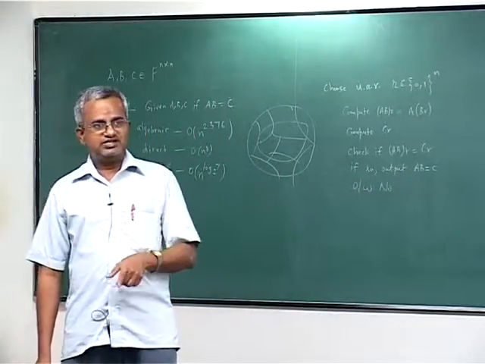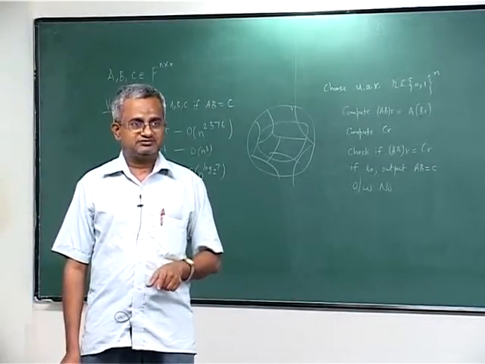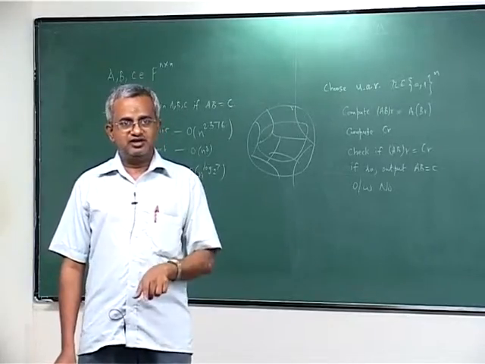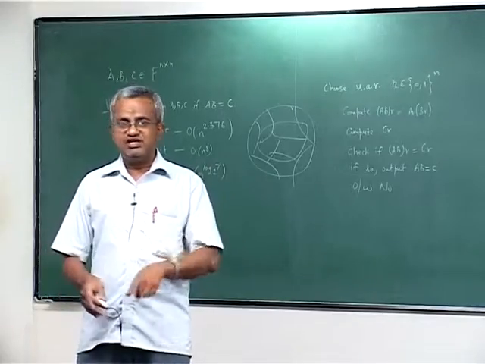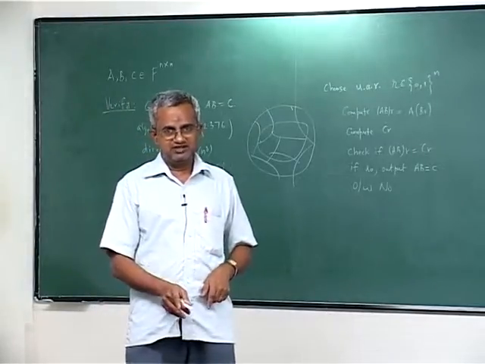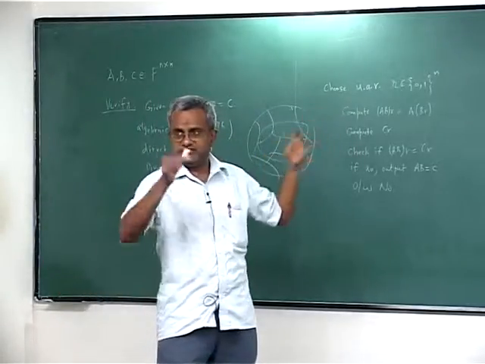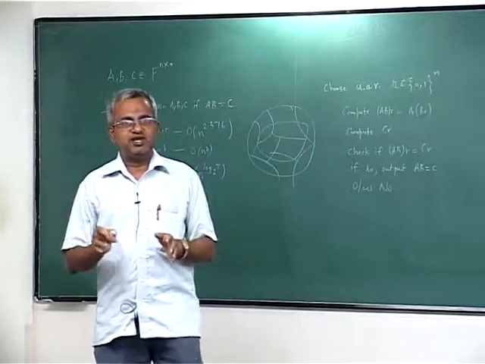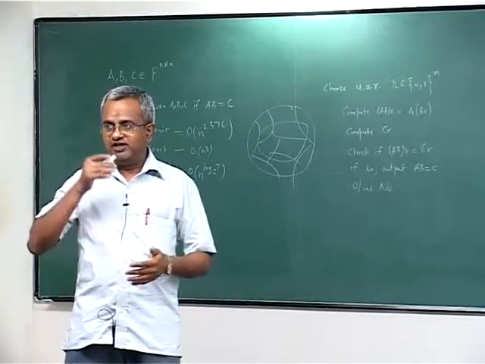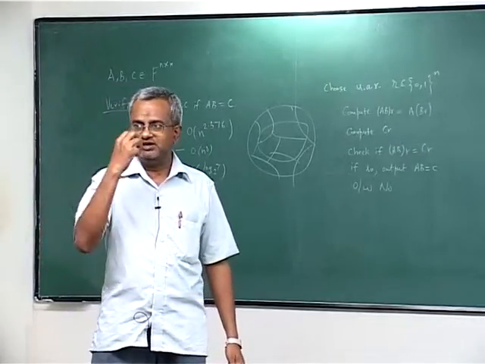If in each of the iterations it gave AB equal to C, then what is the probability that it is indeed AB is not equal to C, but the algorithm manages to give AB equals C in each of the k iterations? It means in each of the k iterations it makes an error, and since these coin tosses are all independent for independent trials, the probability that it makes an error in each of the k trials is 1 over 2 power k. So, you can bring down the failure probability from at most being at most of to something like 1 over 2 power k